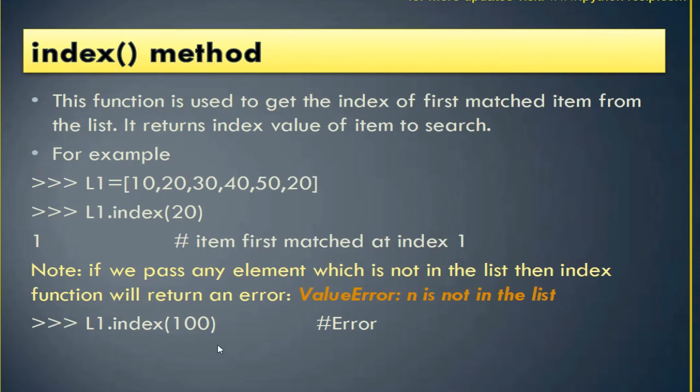Like L1.index(100). So when you are saying that in L1, 100 is not stored, you will get the error as what? "100 is not in the list." Okay, now next